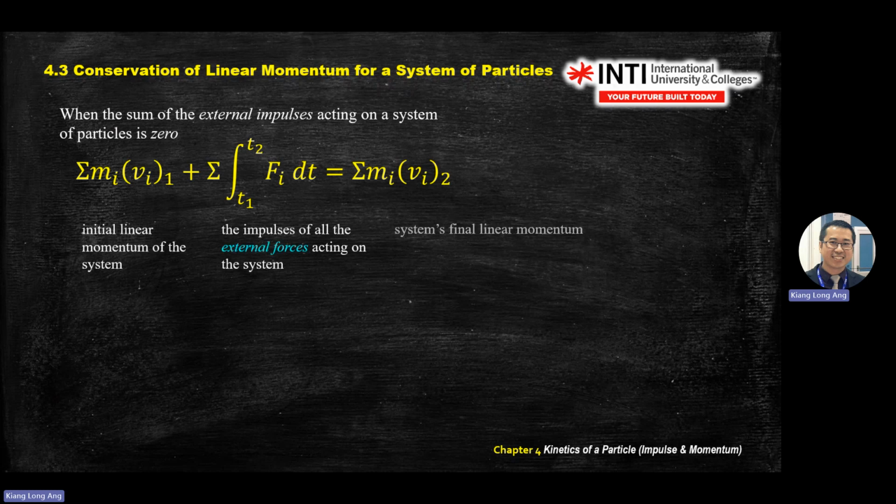Okay. So this is just a formula or principle of linear impulse and momentum. So when the sum of external impulse acting on the system of particles is 0, the system becomes conservative. Okay. Means no impulse acting on the object, then it becomes conservation of momentum, conservation of linear momentum. So if the question mentions use conservation of linear momentum, it just means that momentum before equals momentum after. You're looking at the momentum. Okay. Now conservation of energy means all the energy before equals after. So energy will need